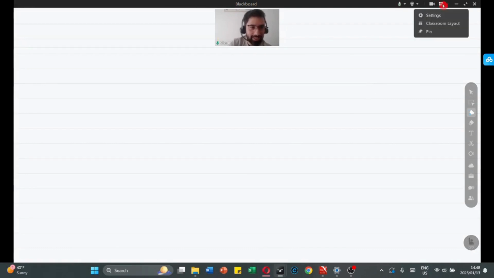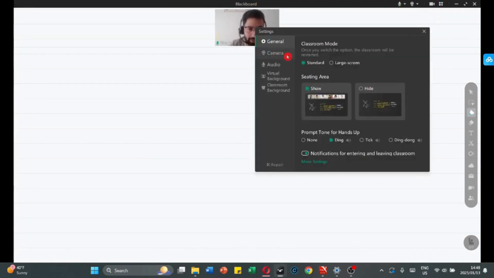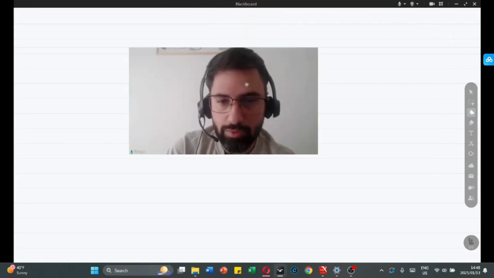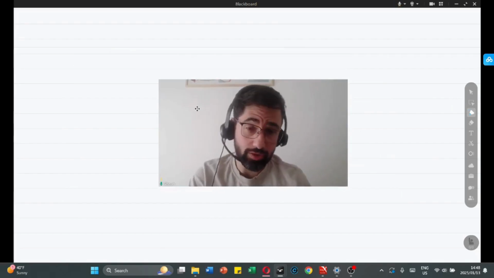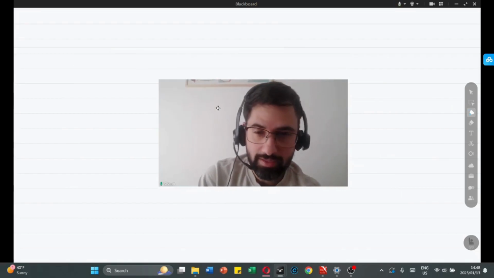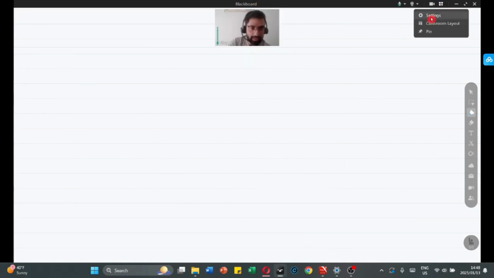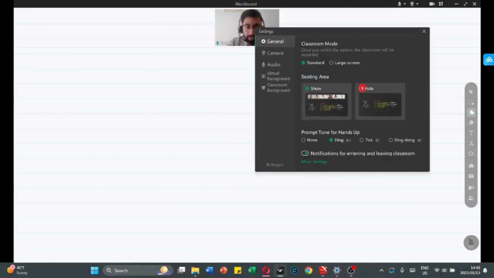So if we click on settings again, you can see underneath that it has seating area, so we can allow it to show that we're in the classroom or hide. Now, obviously when we're in classes, we want to be shown. It doesn't give us this option, but this is just for the Blackboard, and it's great to practice. So now if it shows that I'm in the classroom, I can move my camera around and basically practice how I want to position myself on the board for teaching. So I'll put myself back up here, go back to settings. For this training video, I'm going to hide myself,